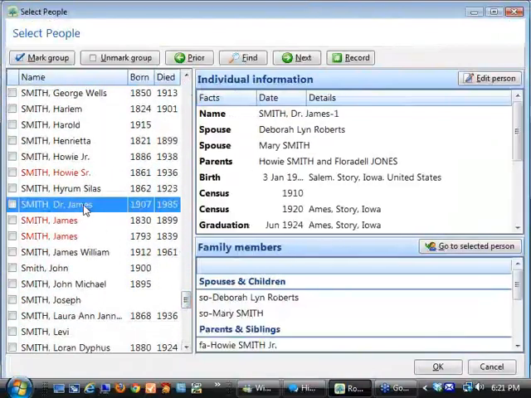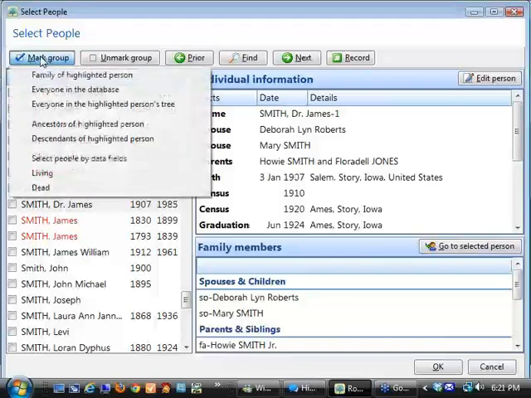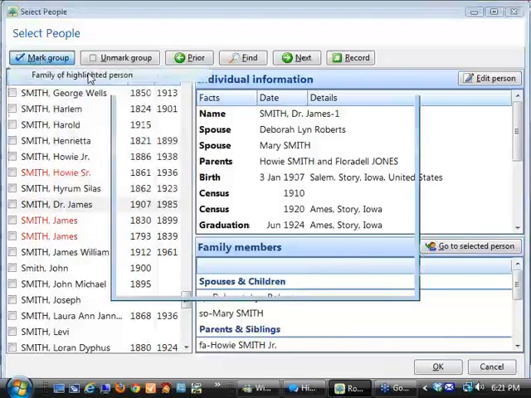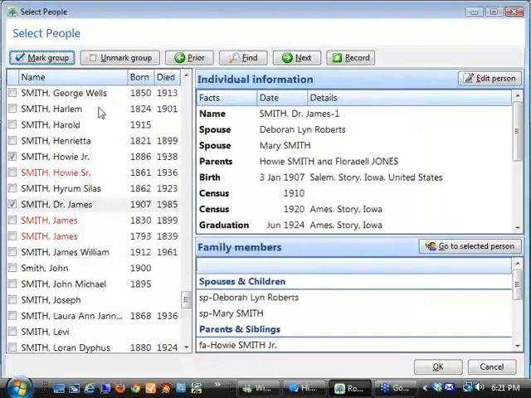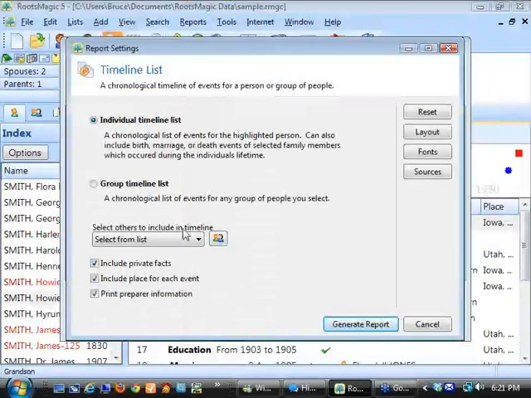Which family? I'll just mark them all. I can mark the one where he's a parent with this spouse, where he's a parent with this spouse, and where he's a child with that set of parents. Click OK. Okay, I've now selected that group of people to be included with this, generate the report, and there